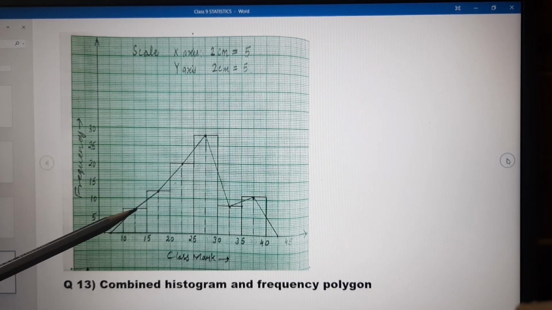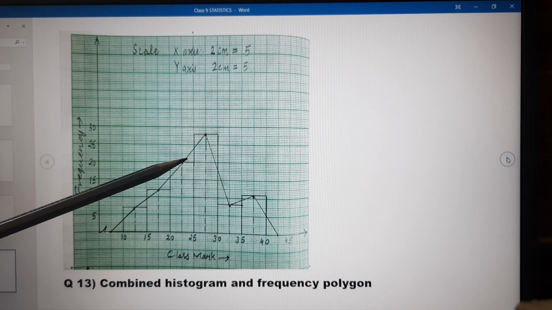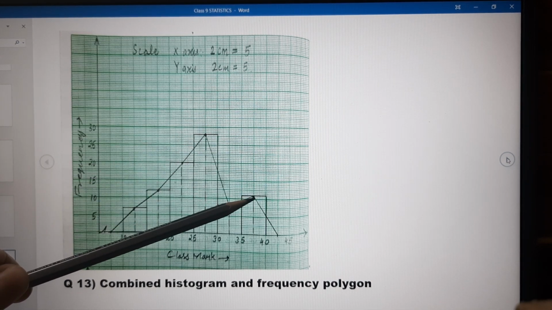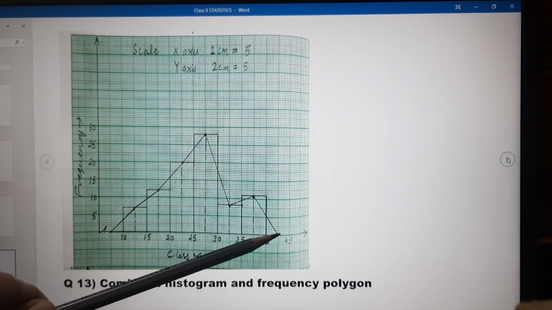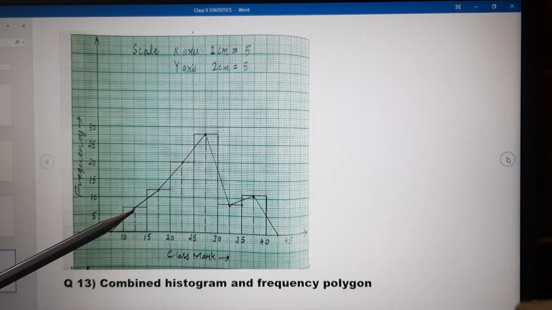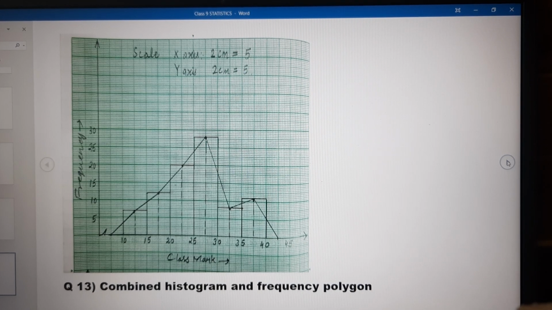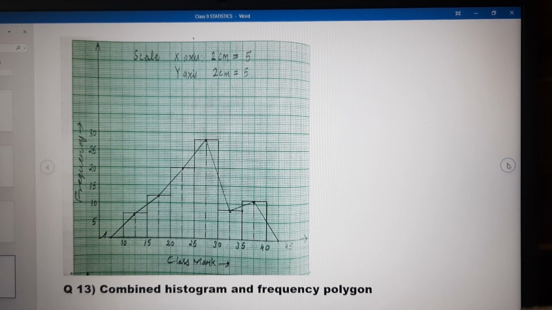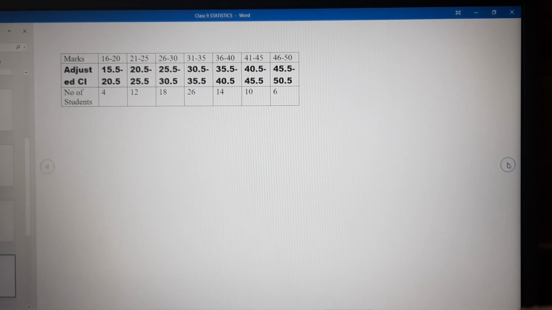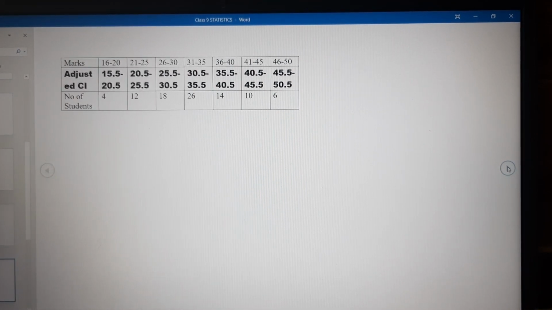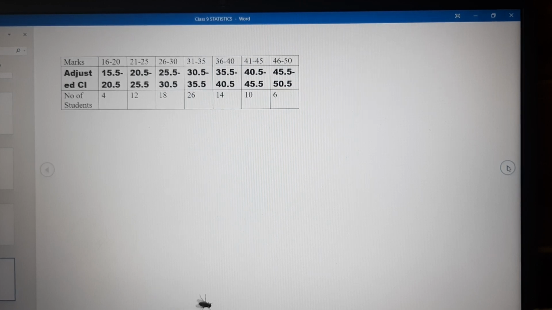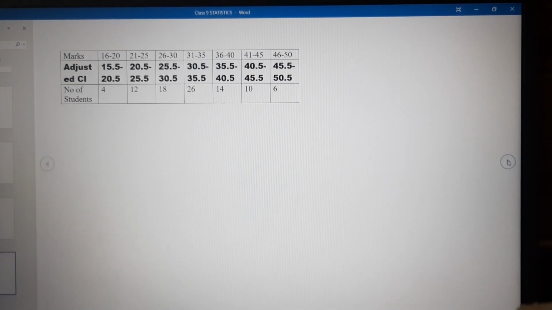If you draw like that, this you have drawn, this you have drawn, this, and you leave here, and you do not join this line to the axis, this side also, then it will be marked wrong. Fine. So it is necessary, if it is a frequency polygon, you have to join it with the axes, both the sides. One extra class interval in the beginning, one extra class interval at the end you have to keep, because you have to take the midpoints of both of them. Fine. Clear?